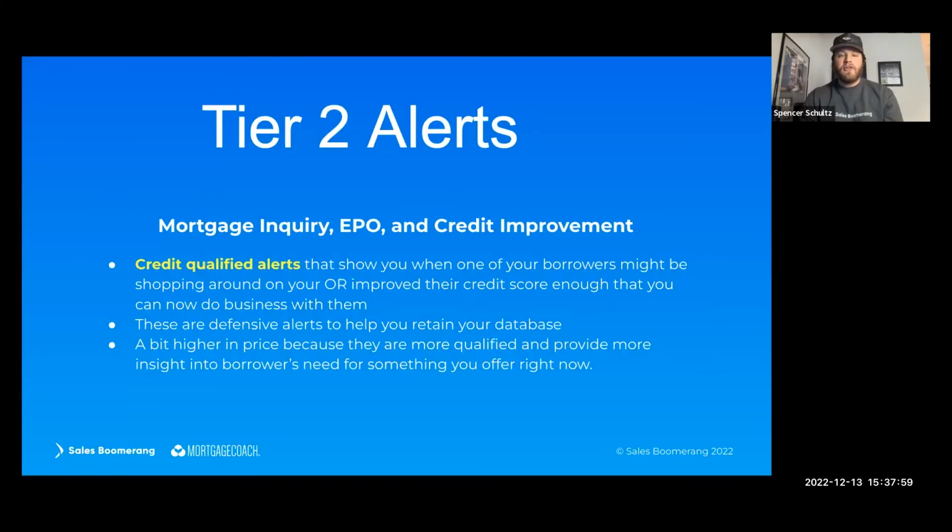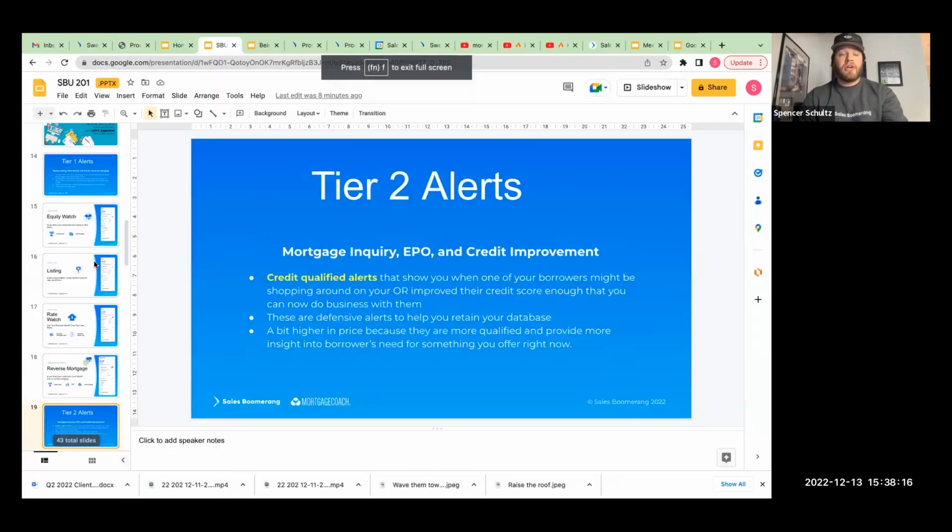Today, we're getting deeper into the credit alerts. These are directly from TransUnion, Equifax, and Experian credit models, showing us when someone in our database is shopping around or has had a significant credit change that is going to allow them some activity. These are defensive. So what I want to touch on here, guys,